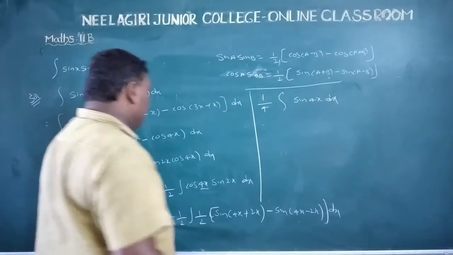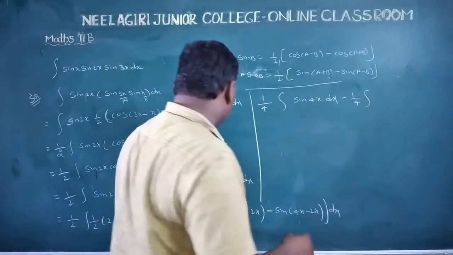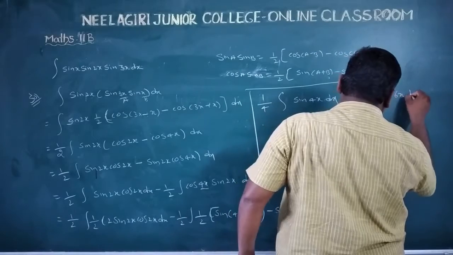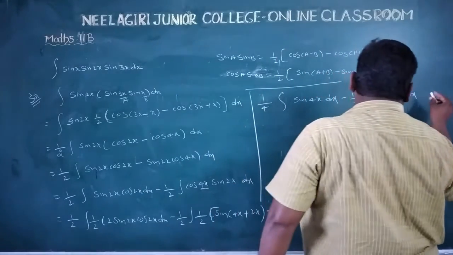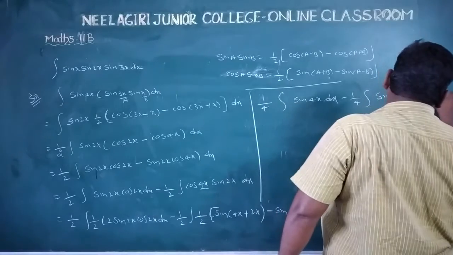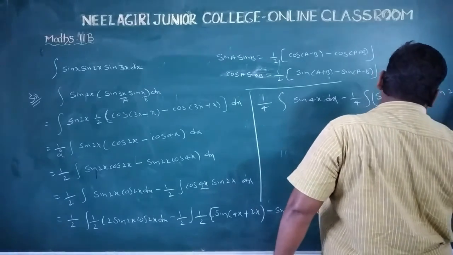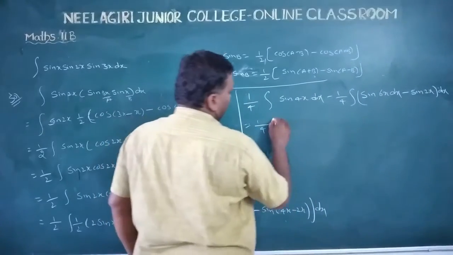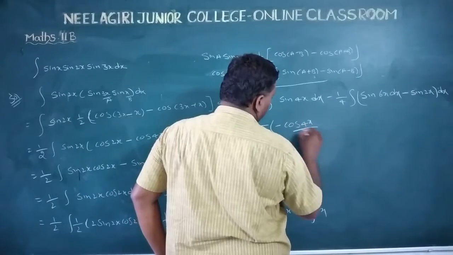Next minus 1 by 4 into integration of sin of 4x plus 2x, sin 6x dx, minus sin of 4x minus 2x, sin 2x dx, is equal to minus cos 4x by 4